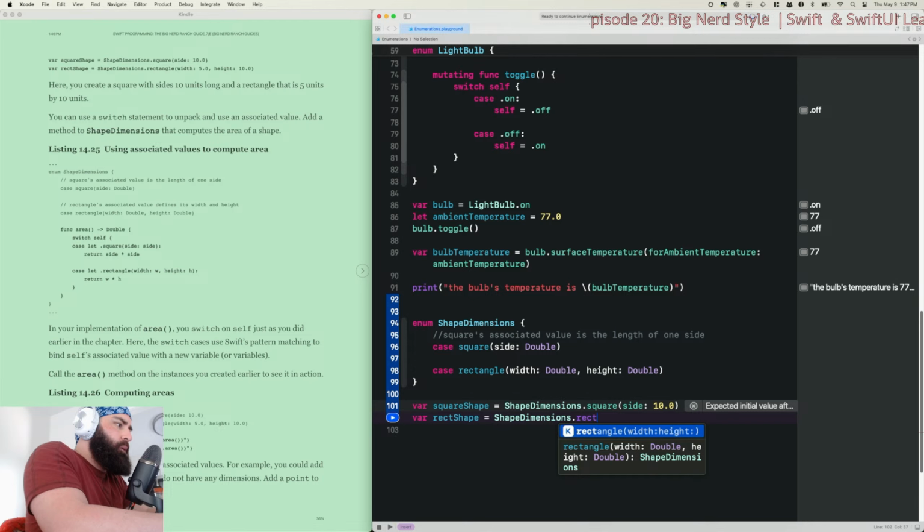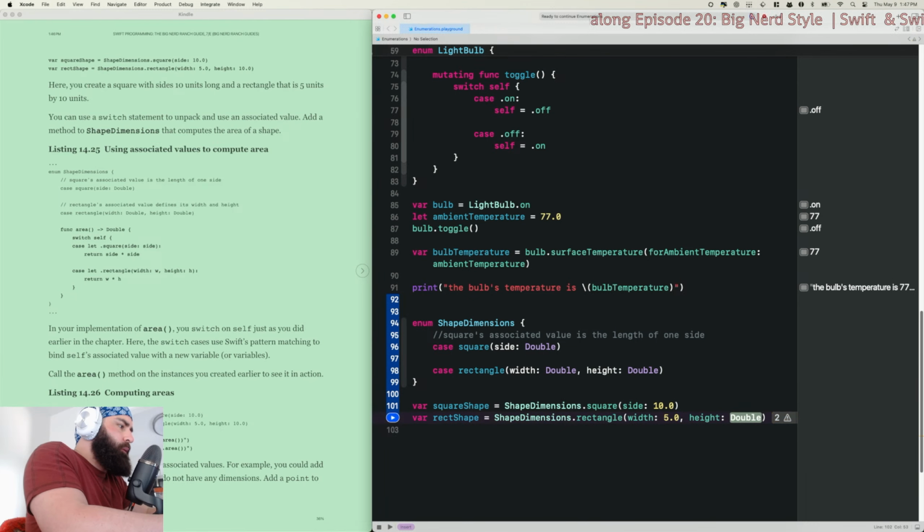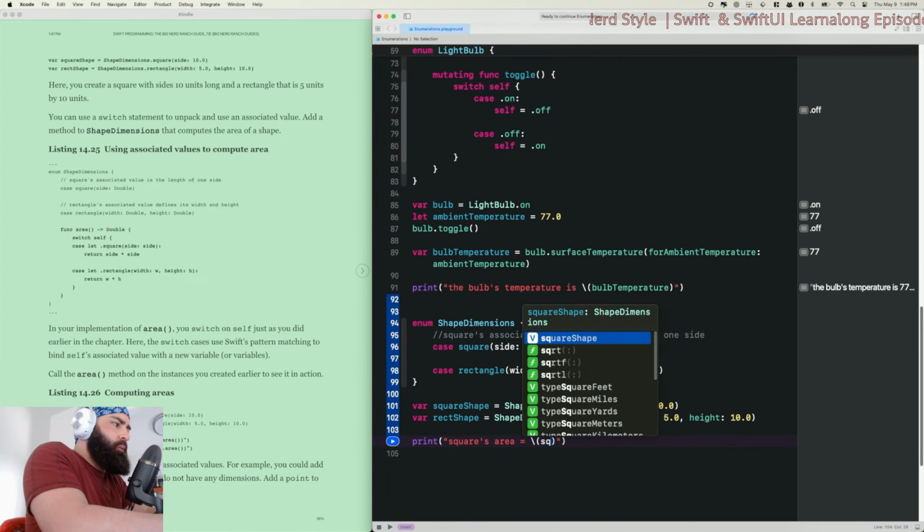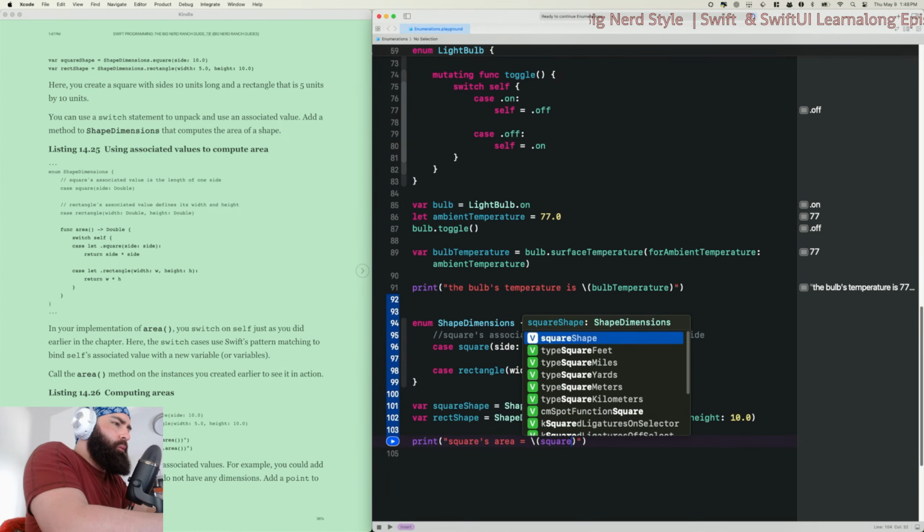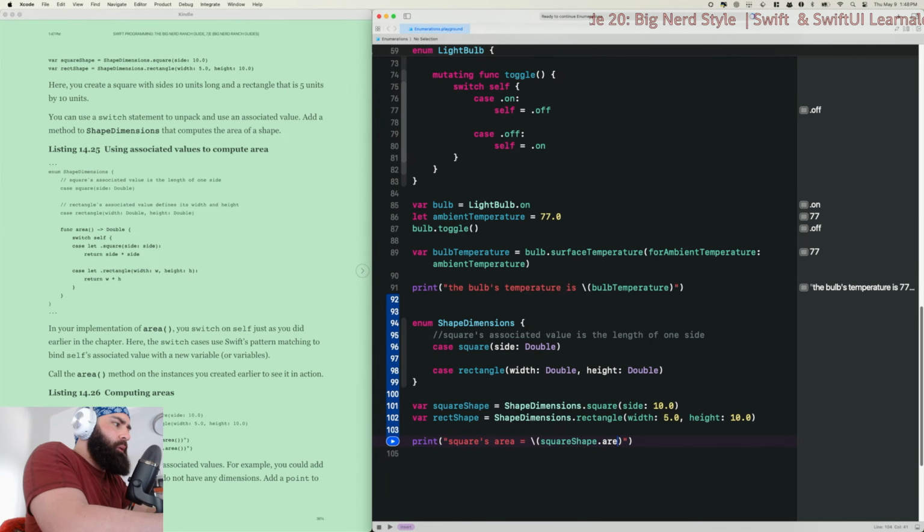Shape dimensions, rectangle. 5, tab over. That I like a lot, that's cool. 10. Print. Square's area equal escape character string interpolation square shape area.